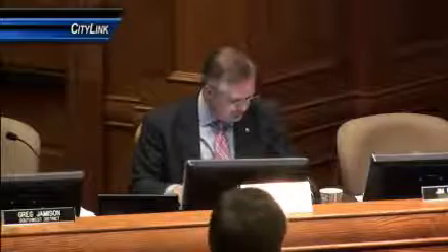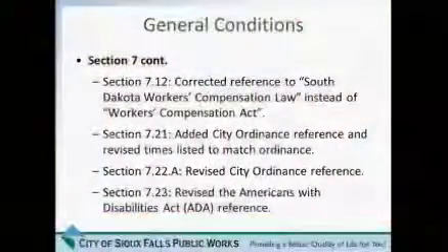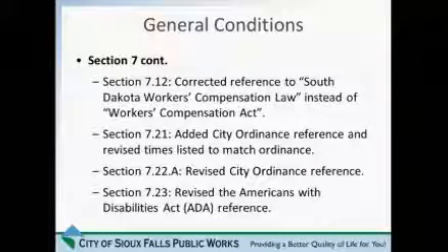You have one other one? I do. And I don't see anybody from legal here, do we? No. No, okay. Under 712 and 713, being in the insurance industry, I run into certificates of insurance and hold harmless agreements, et cetera. I'm curious why we don't have the contractors that provide insurance list us, the city, as an additional insured on their policy.